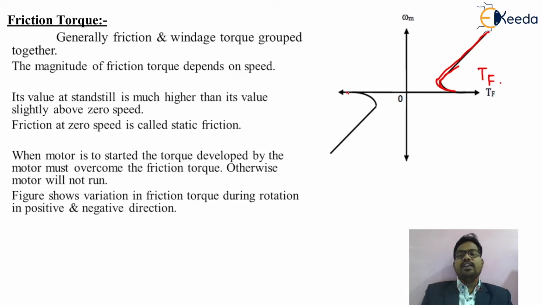And as shown in the figure, this will be the friction torque, which is one of the components of the load torque in the negative direction. By means of this curve, we are getting the actual value of the friction torque. So guys, keep in mind, in friction torque there is a very important parameter. That parameter is called the static friction torque.